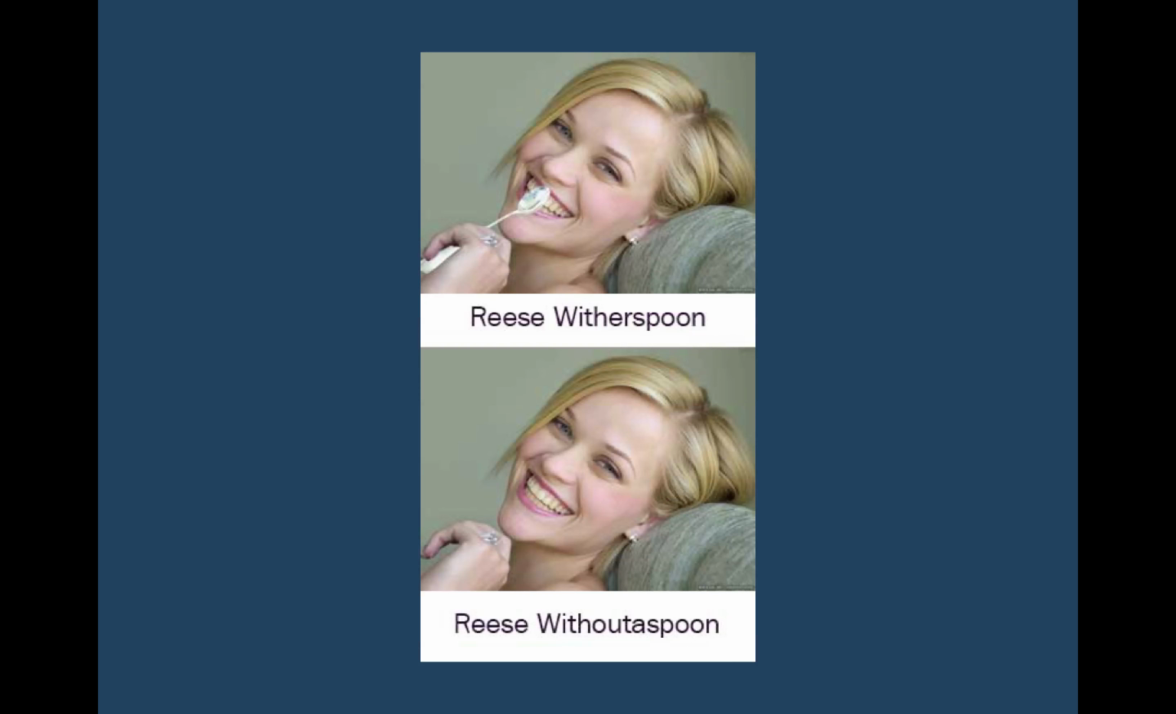And Reese with a spoon and Reese without a spoon. This is the other thing about not taking things at face value. Sometimes the creative way is to take them at extremely face value, meaning very, very literally. And so looking at words and combinations of words and phrases and noticing that at a very literal level, what are they actually saying